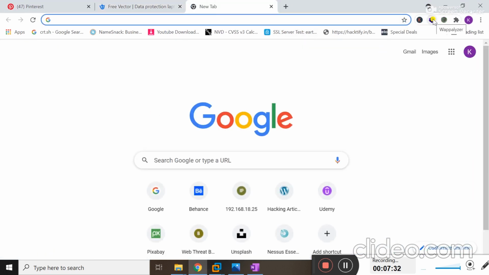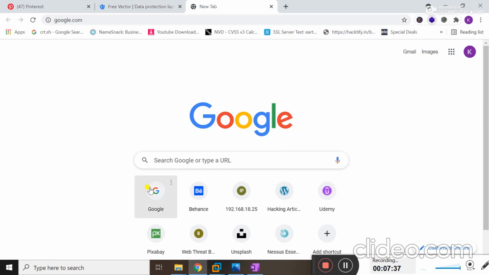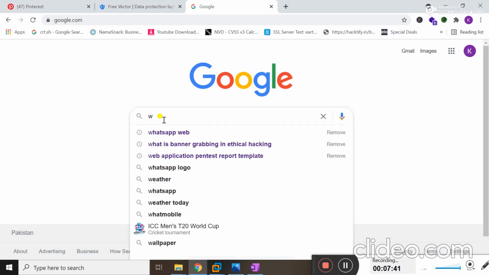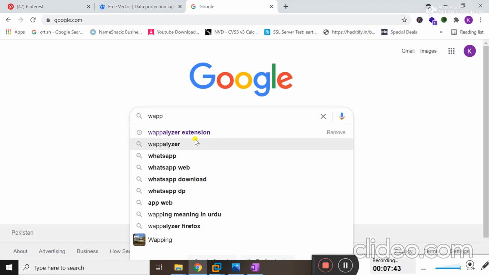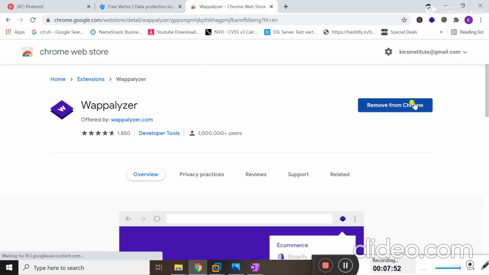Right now I have installed this extension in Google Chrome. You can install it from Google. If you type here Weblyzer extension, and as I already installed it, I'm not going to remove it, but if you want to install, then definitely you will click here, add this to your Chrome browser.